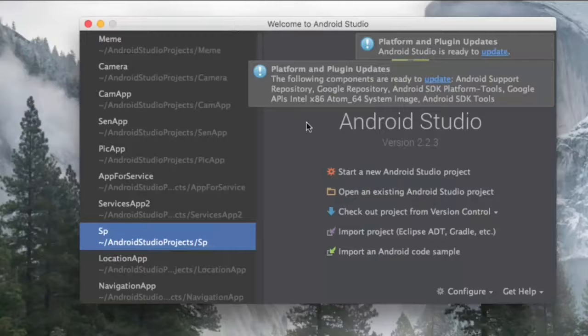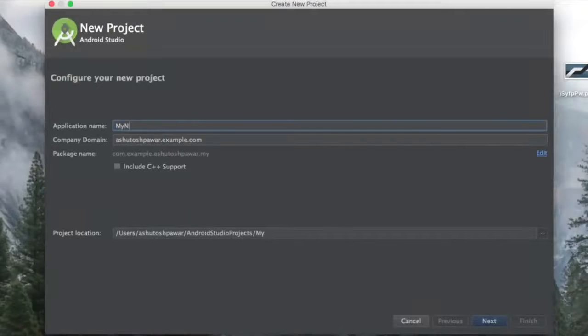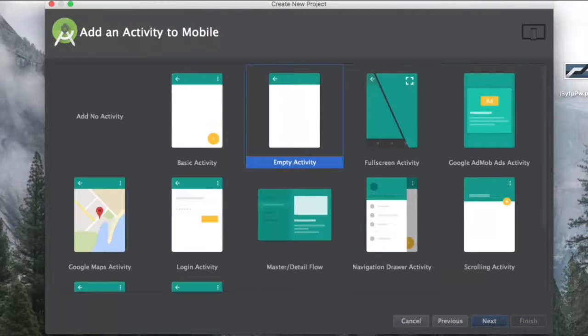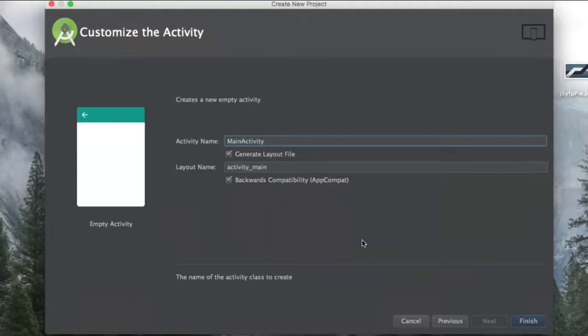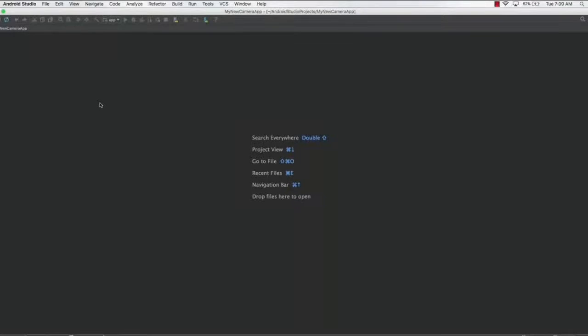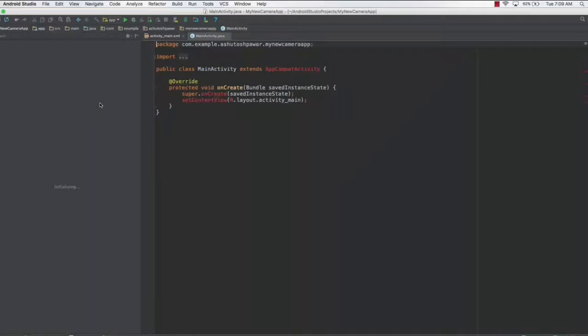So we will start a new Android Studio project and name it My New Camera App. Click next, select the API level to be 15, click next, select an empty activity, click next, and let the name of your main activity be MainActivity, and finally hit finish. In this tutorial we will learn how to access the hardware of your Android device. So the first thing we do is in this onCreate method right here,